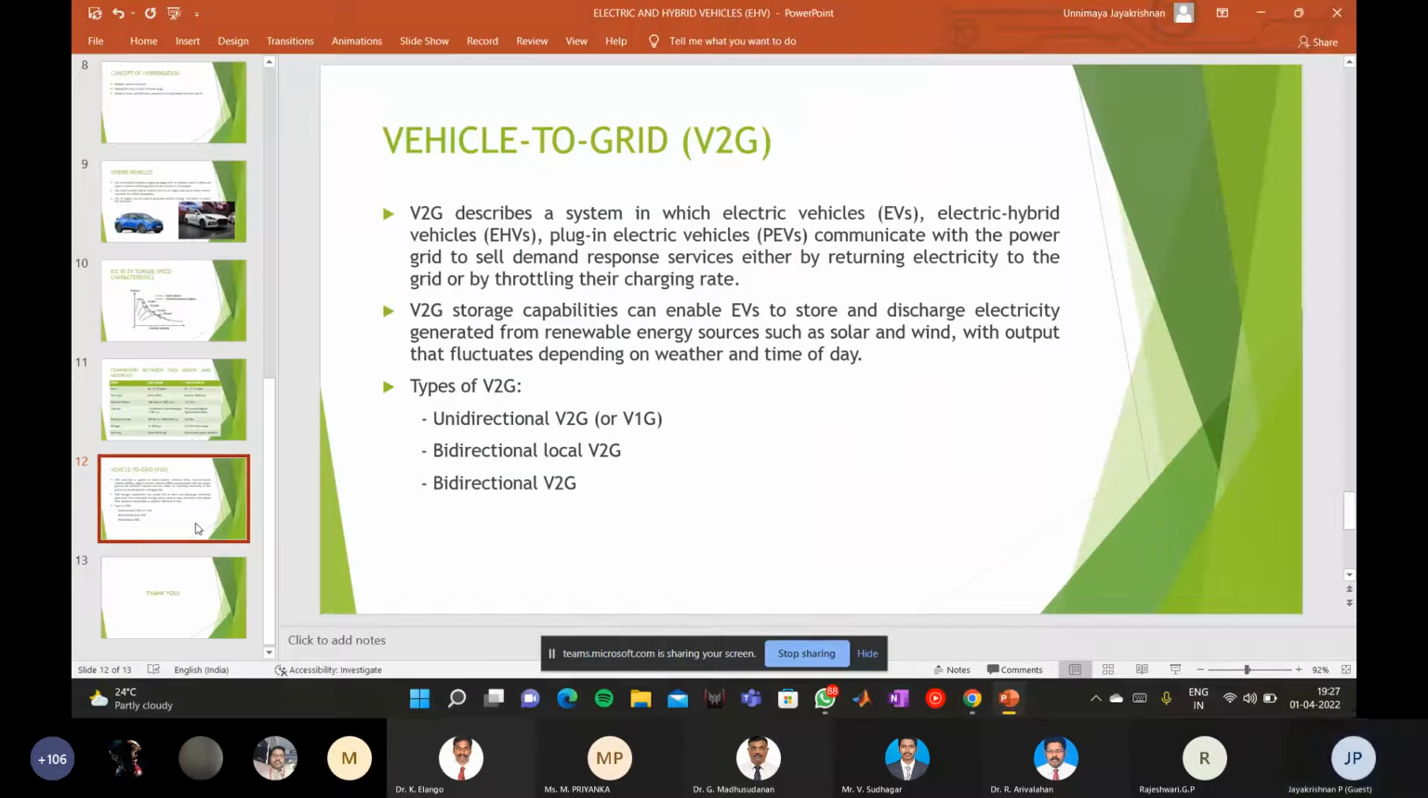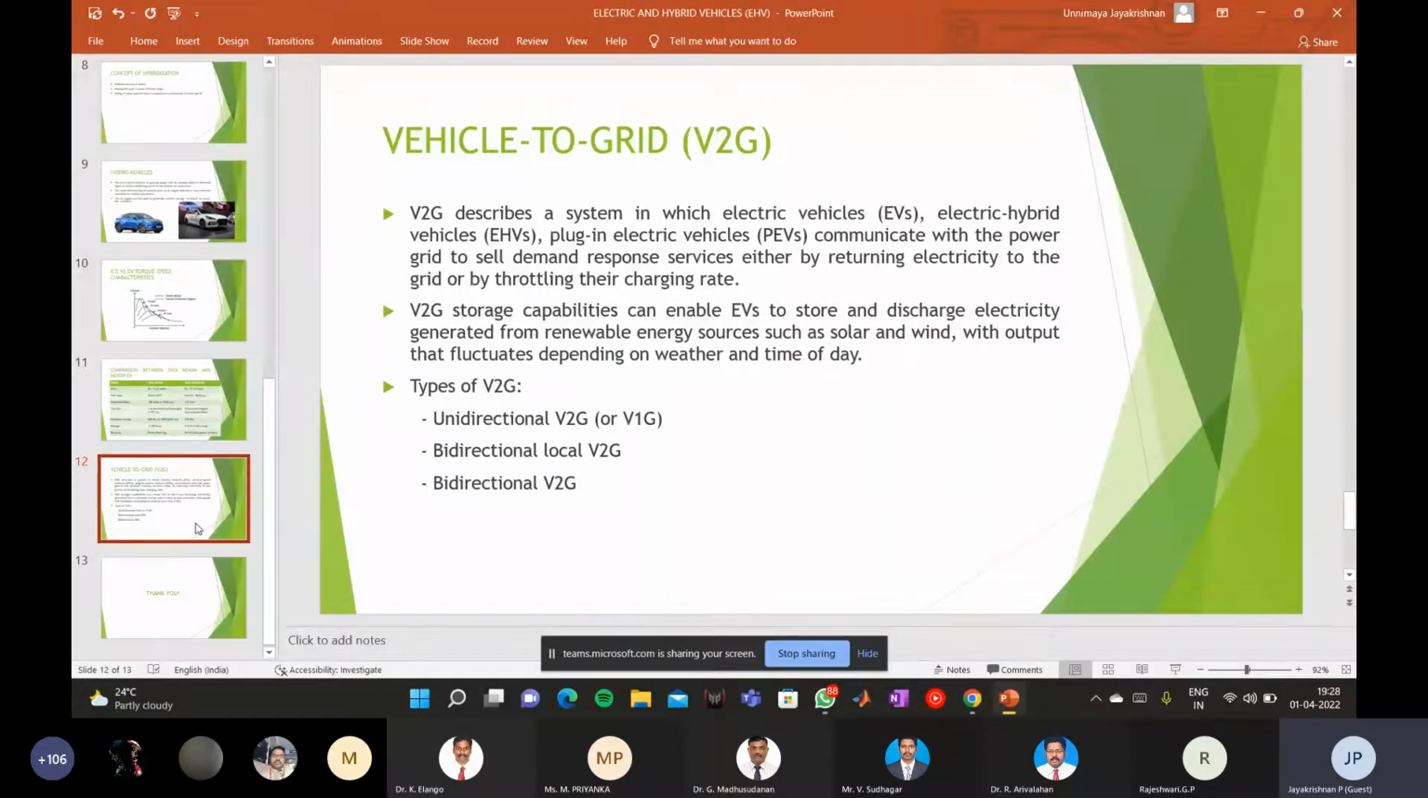So as an EV owner, I would like to share my experience for the last 7 months. Actually, I purchased it in August 2021. And the motive behind purchasing this EV, some of the points were already discussed. First is pollution, that is an environmental issue. But